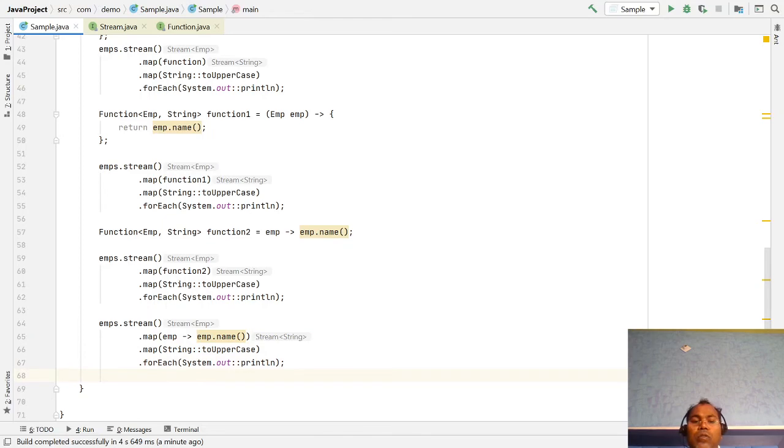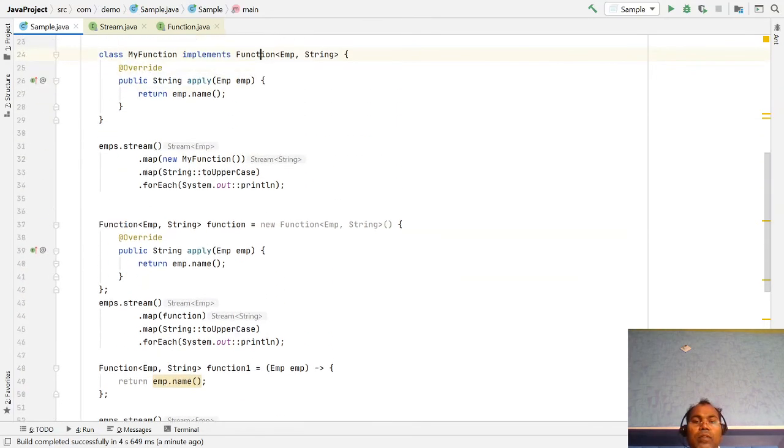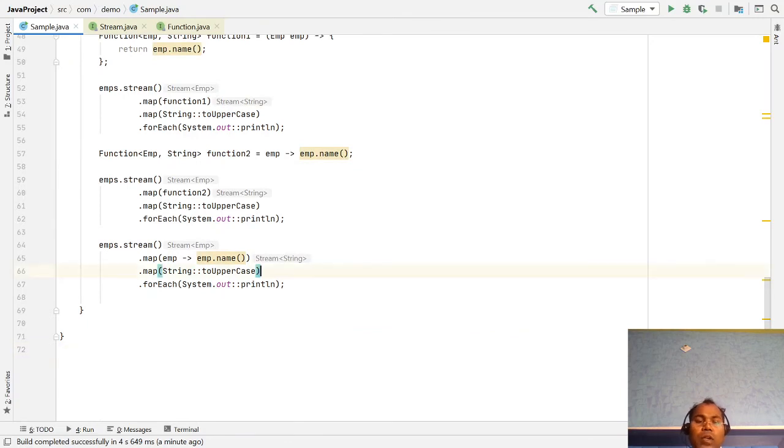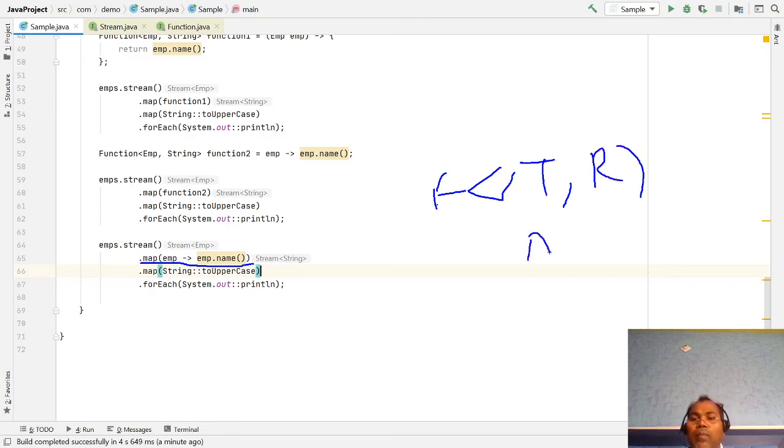Okay. So the same code I have written in the first line, now it's clear why this code is written. Here the compiler says that the map function needs the object of your functional interface, Function. The Function interface takes two arguments, one is the input type and one is the return type, and it has an apply function. So whenever you are writing this code,